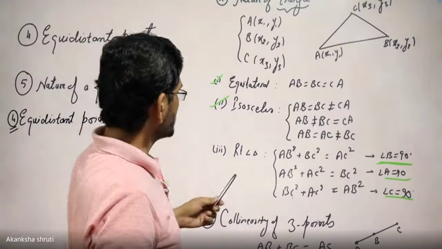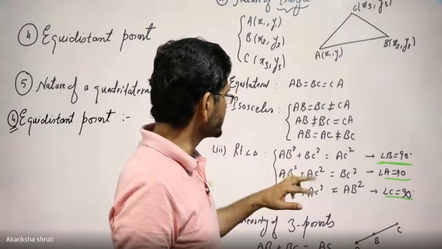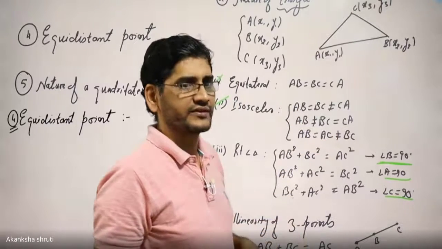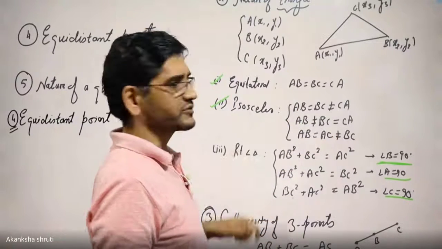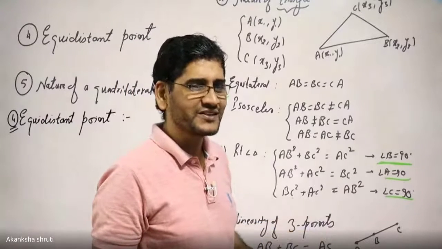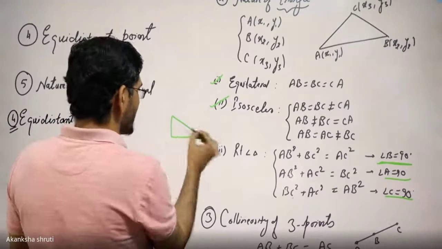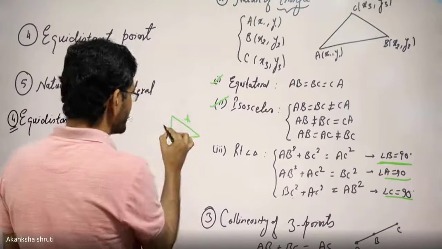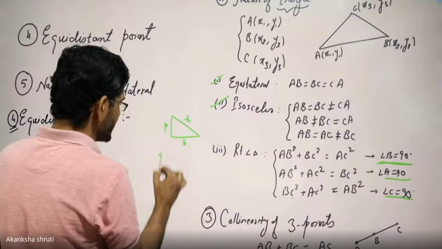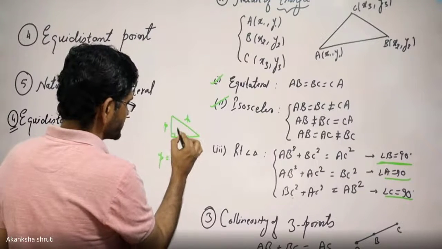Students, it may be possible that the triangle is a right angle isosceles triangle, if two conditions are satisfied: the equal sides condition as well as any of the Pythagoras conditions. Can it be a right angle equilateral triangle? Not possible at all, because in a triangle the hypotenuse is always greater than the perpendicular and the base. It may be possible that perpendicular equals base, but it can never equal the hypotenuse if this is 90 degrees.